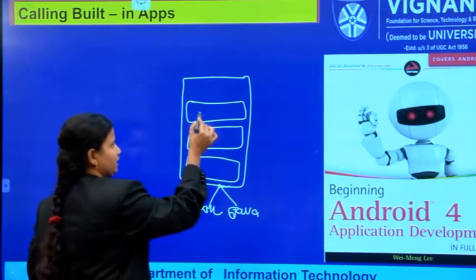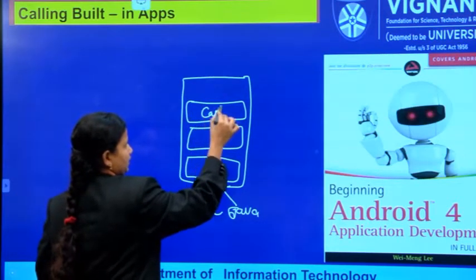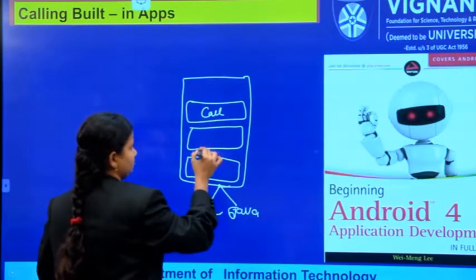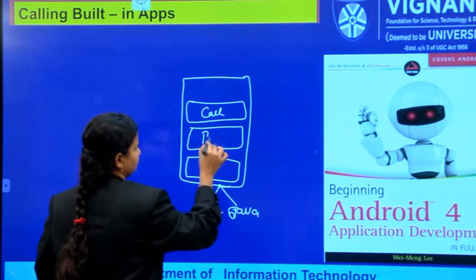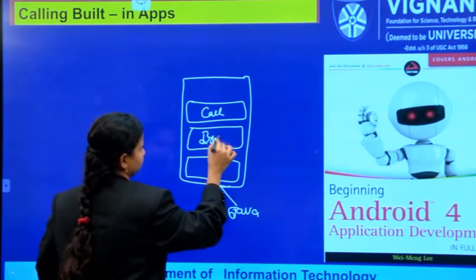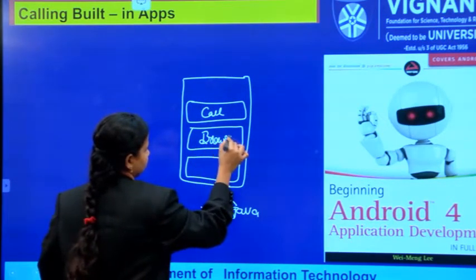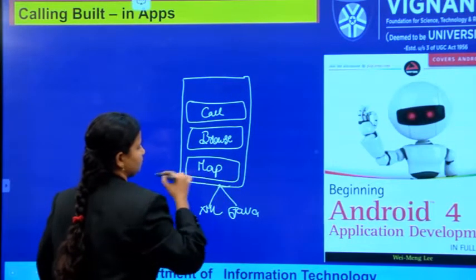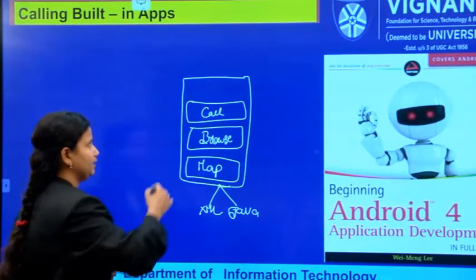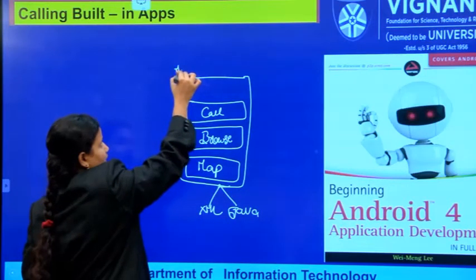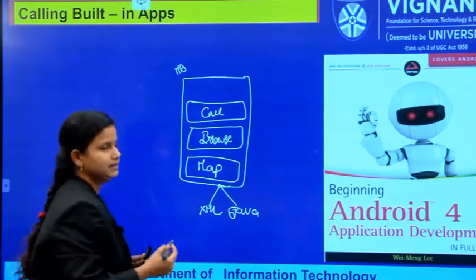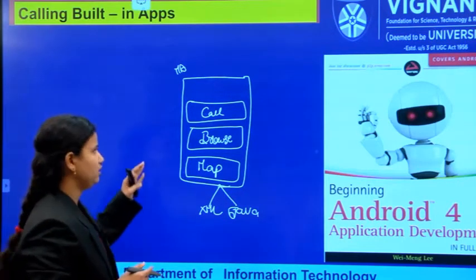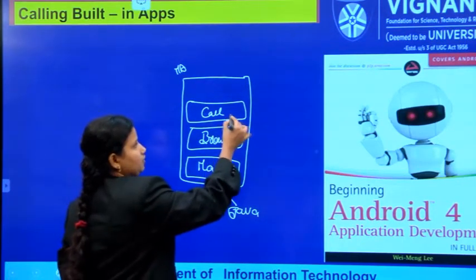The first button I am representing with the text call, the next one is browse, and the next one is map. This is my main activity, which is designed with only 3 buttons. Whenever you press the first button,